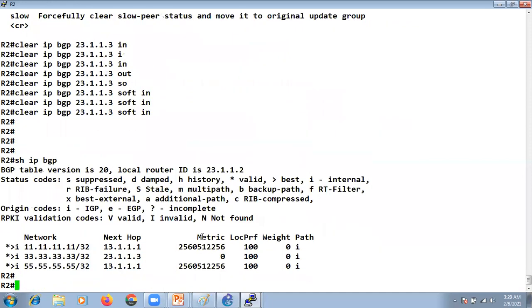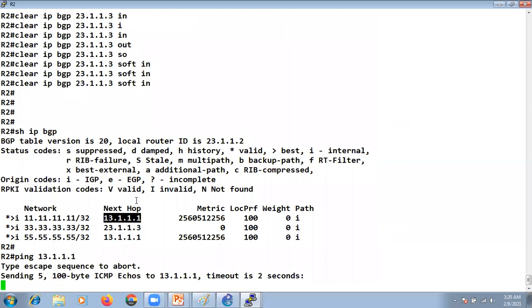Okay, show ip bgp. Now because we have the reachability to our next hop, 13.1.1.1, let's see what is happening here.